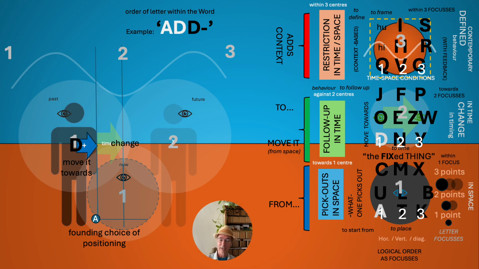So the A itself is then the founding choice of a positioning, as if you say, okay, here I have a couple of choices where to start from. Let's start from there. That's basically the A. I start somewhere. I have the object. I have my focus upon the object. I start from there. With D, it's the letter from the fourth dimension, which says I move it forward in space. I move it